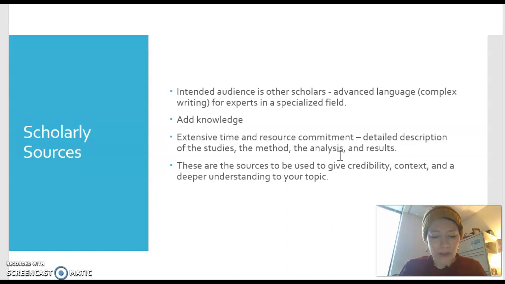It allows people the most depth, like the most information, in order to be really able to engage with and analyze an argument. And the important thing here is that the purpose of that is not just to inform us or even to entertain or persuade us, but it's really to add to our collective body of knowledge on a topic. So hopefully you've gained from this assignment some understanding about how resources can work in different ways and how you could use them in the research process in some different ways.